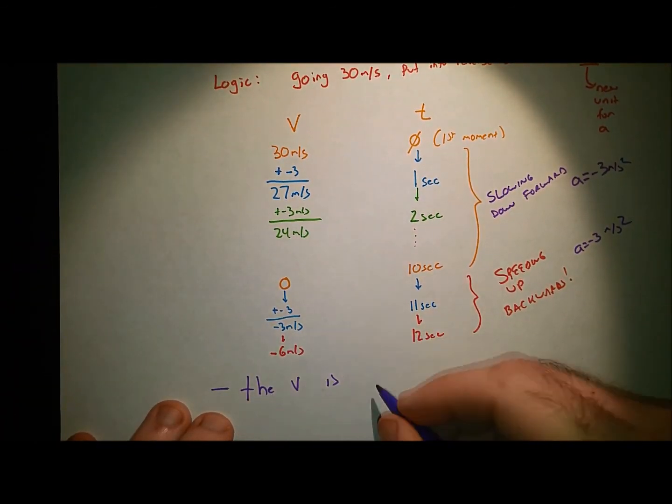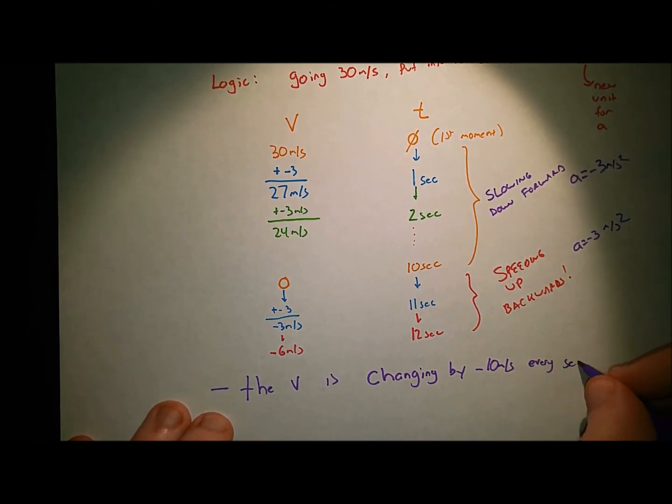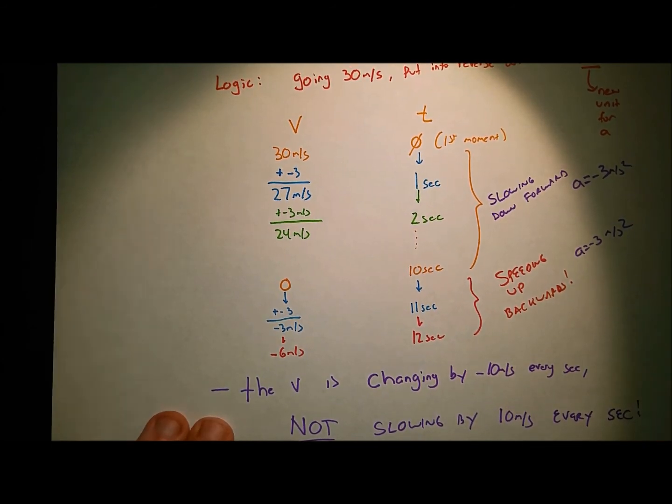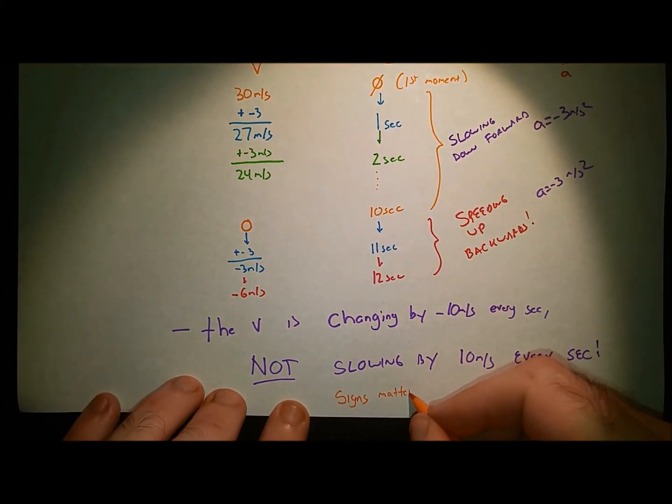So what we're going to say is the velocity is changing by negative 3. I know you wrote negative 10, my bad. Negative 3 meters per second every second. It's not slowing down by that negative 3. It's changing by negative 3 because if you change by negative 3 and you're going backwards, it can mean your